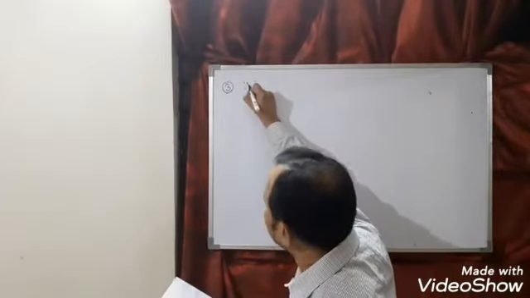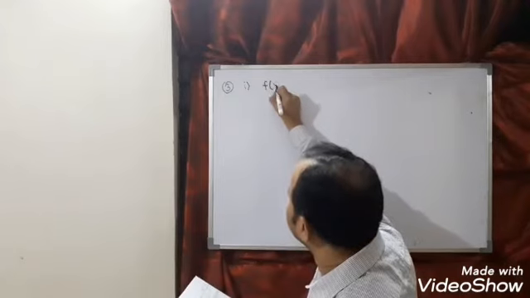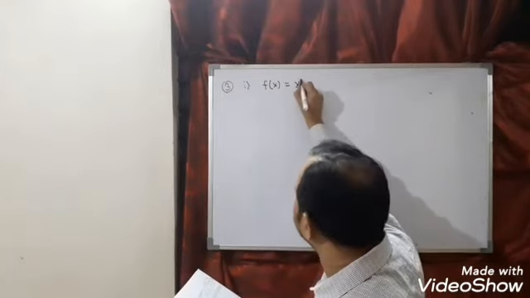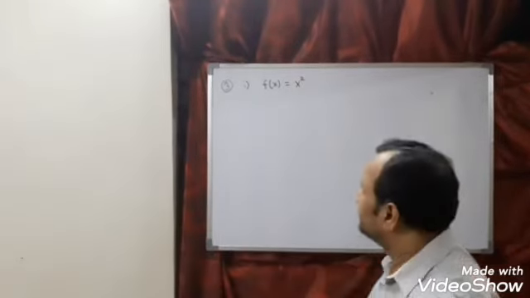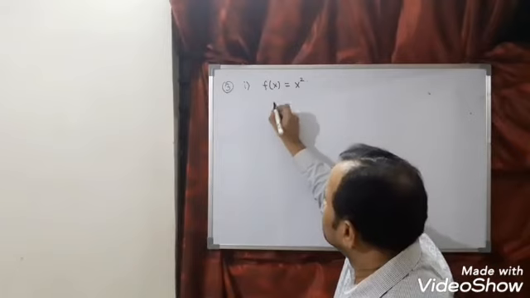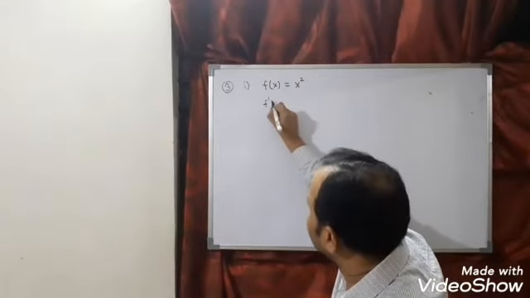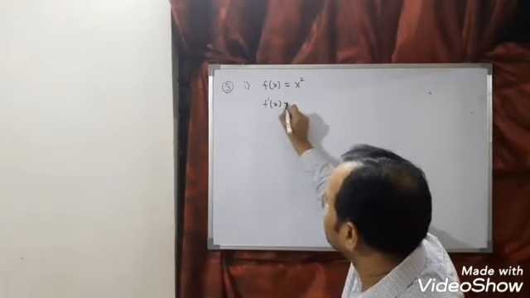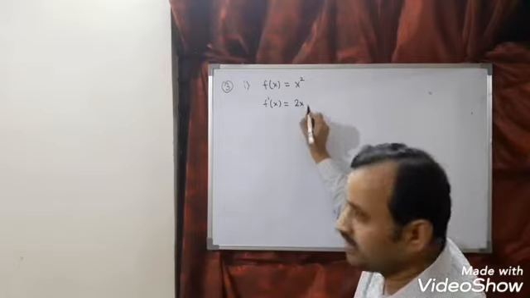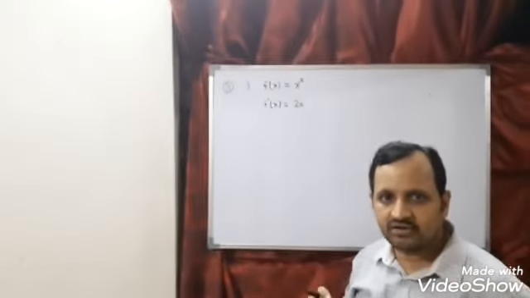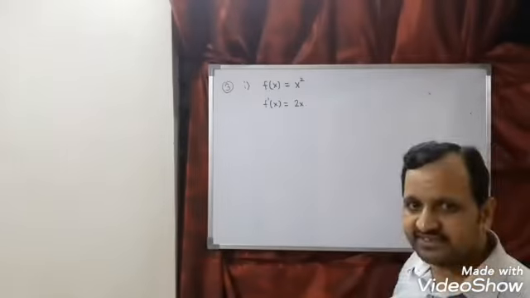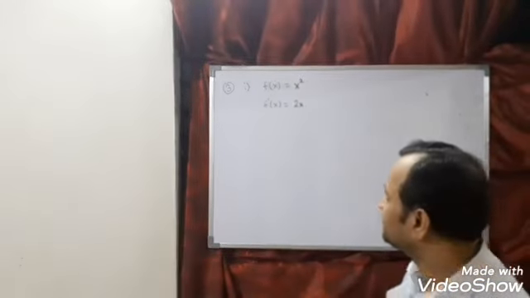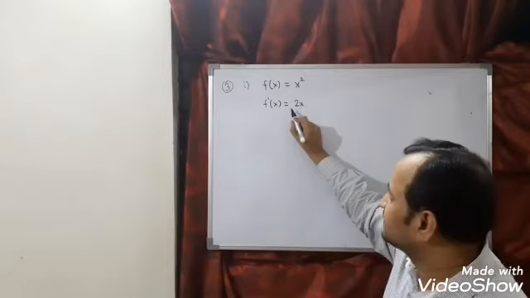So the first part is f of x is equal to x square. Now look here. For maximum or minimum we have to find f dash x. So I can say 2x. Now it is up to you, either you can apply the first derivative test or the second derivative test. I am applying only the first derivative test because the question is very simple. So find f dash x.